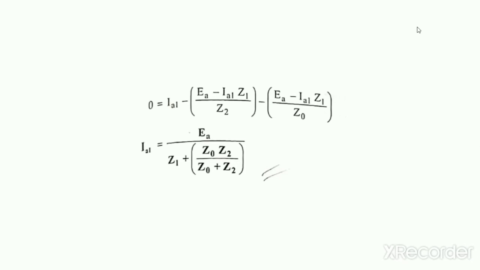Okay, what is the formula for IA1? IA1 is the positive sequence current, the fault current for symmetrical currents. Therefore, IA1 is equal to EA by Z1 plus Z0 Z2 by Z0 plus Z2. Okay, by simplifying this equation, that is IA1 is equal to,